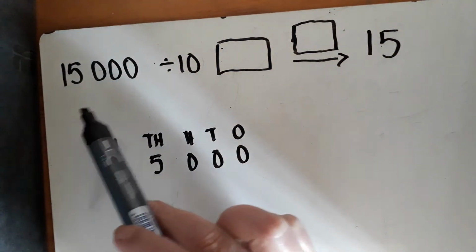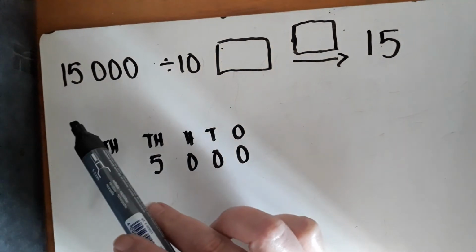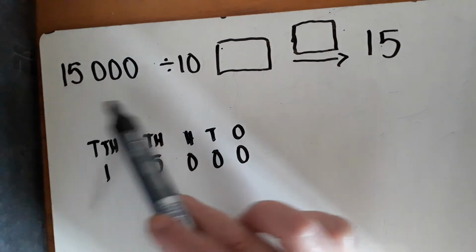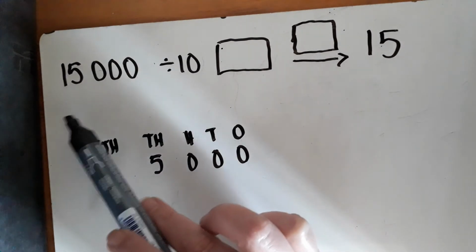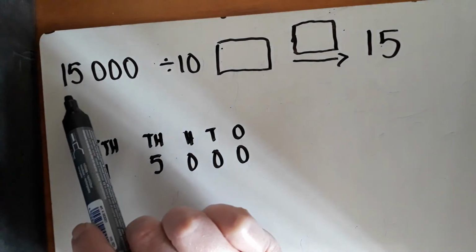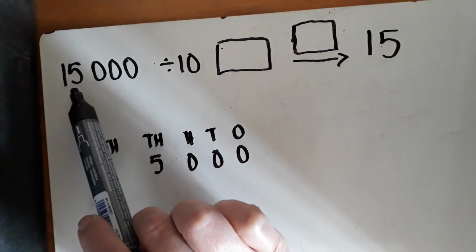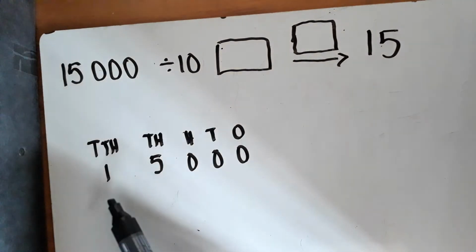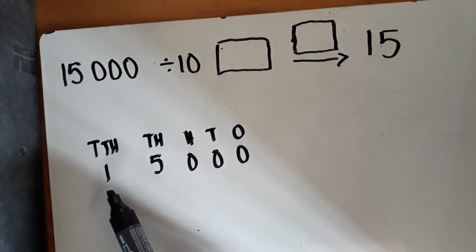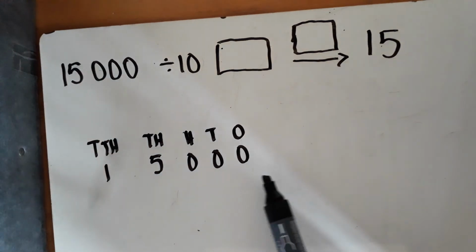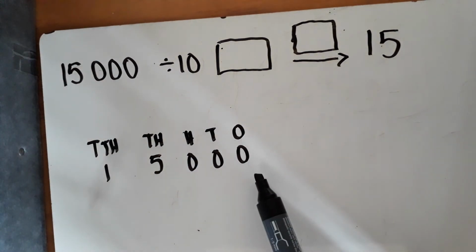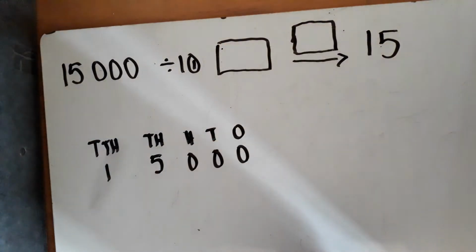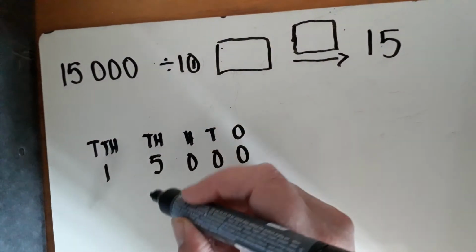So we have a slightly bigger number, okay, because we should be able to read numbers up to 6 place values. This number has 5. All right, so we're on 15,000, okay, divided by 10. So here I put the 15,000 into its place value columns, dividing by 10, it's going to move 1 place down, so